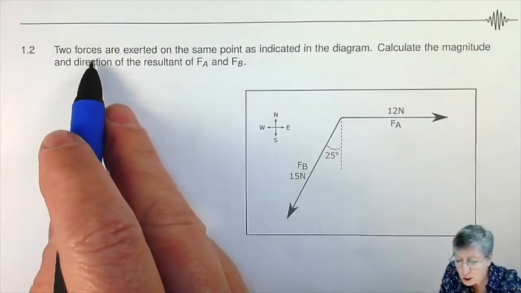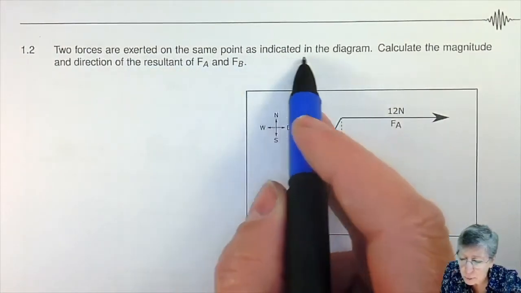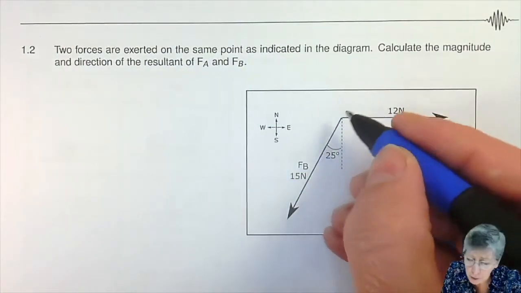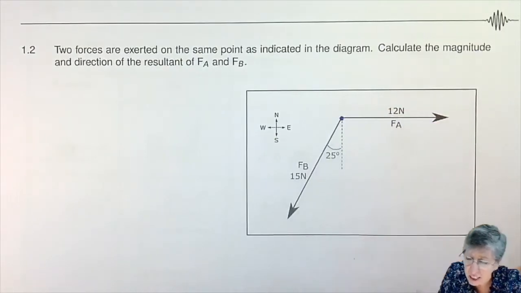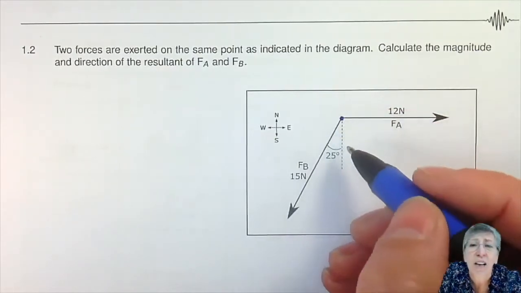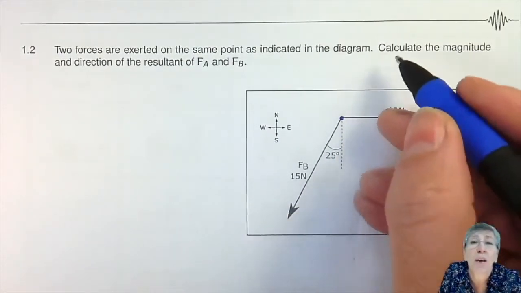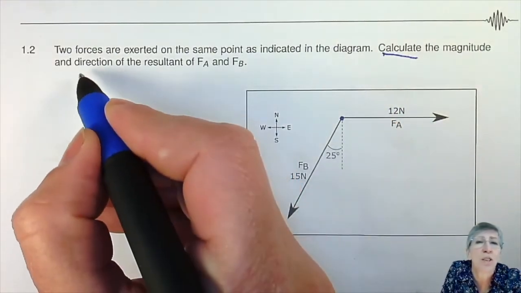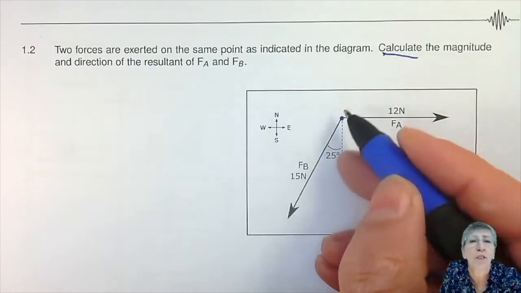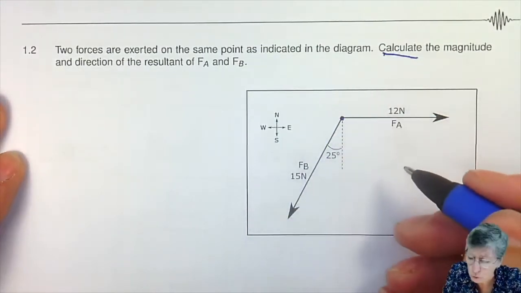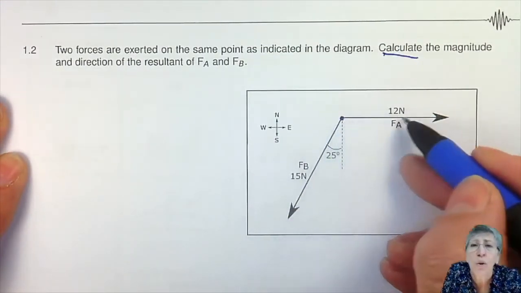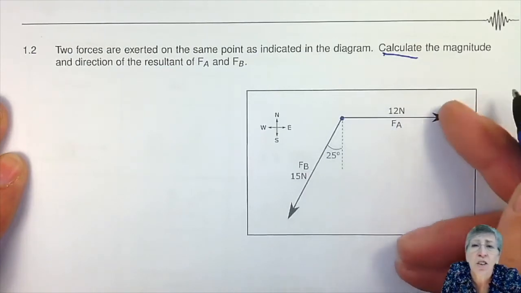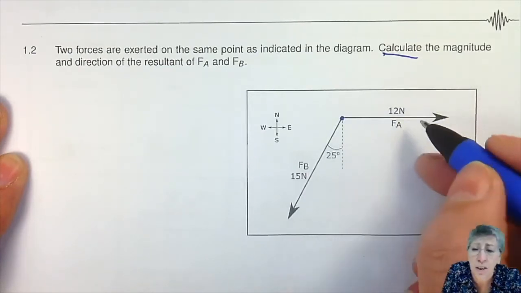The two forces are exerted on the same point as indicated in the diagram. Okay, over there they drew it tail to tail, but we're not going to do a diagram. We're going to calculate the magnitude and also the direction of the resultant of the two forces. So this one is already in the x direction, so I don't need to resolve this one in components, but